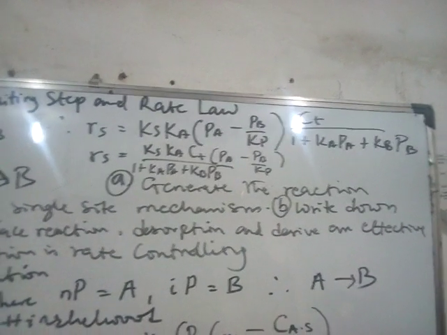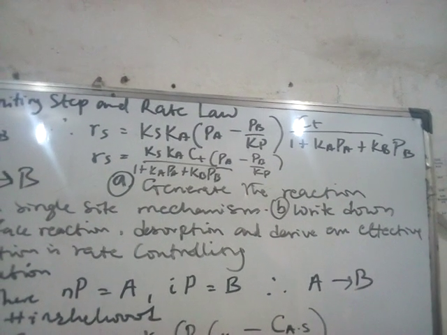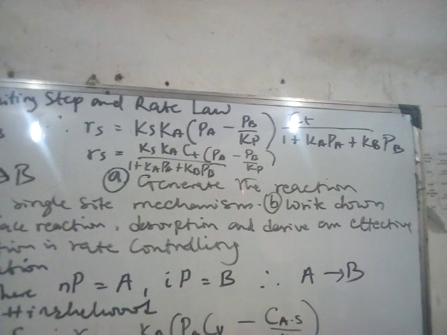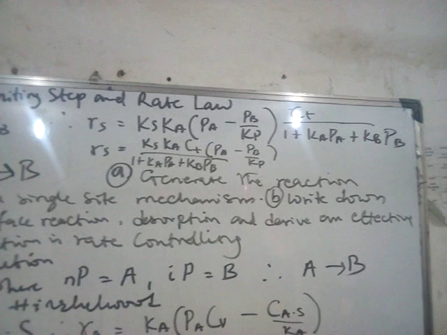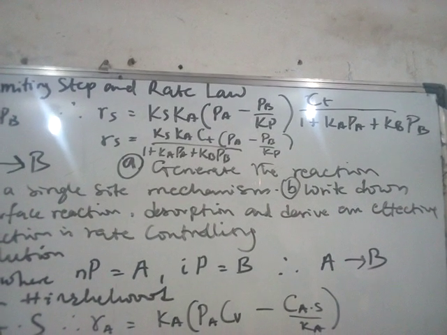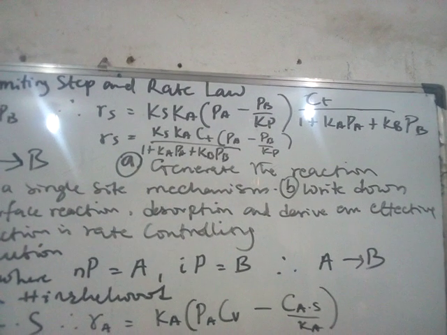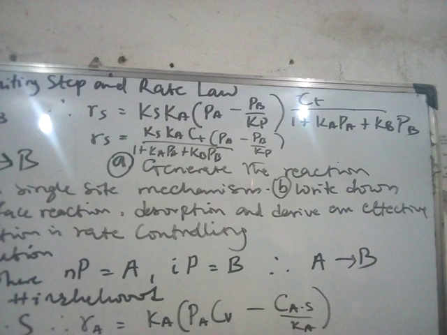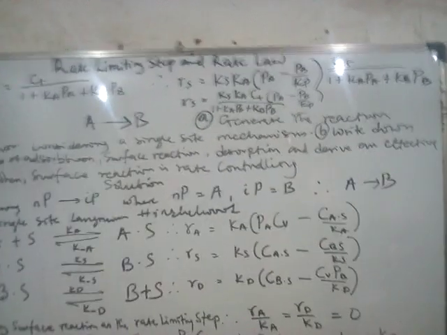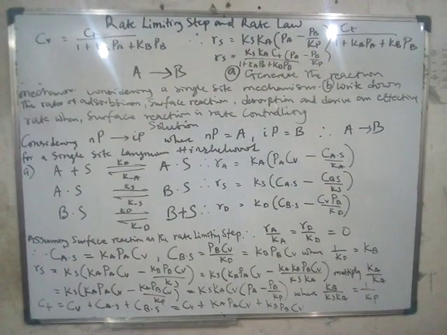Now put it back in the general equation of RS. So we have RS equal to KSKA bracket PA minus PB over KP, into bracket, instead of CV, we now have CT over 1 plus KAPA plus KBPB. So finally RS will be equal to KSKACT into bracket PA minus PB over KP, all over 1 plus KAPA plus KBPB. And that is the final rate law,